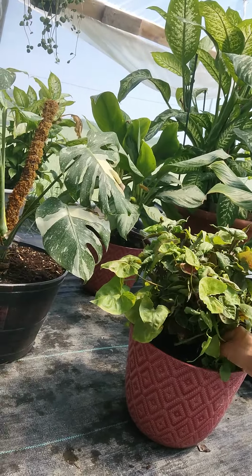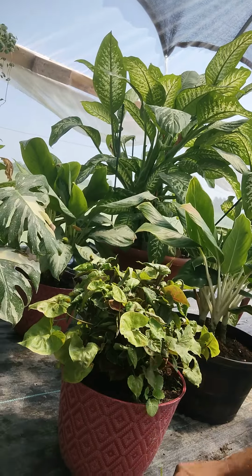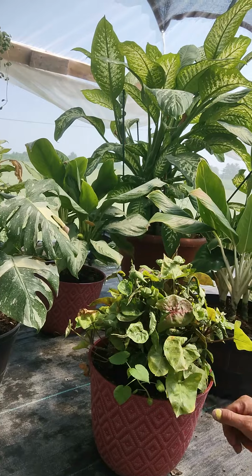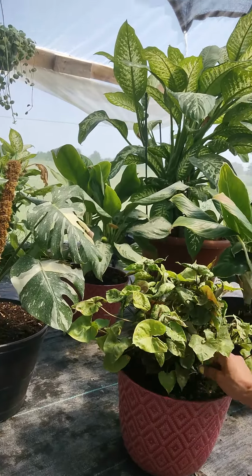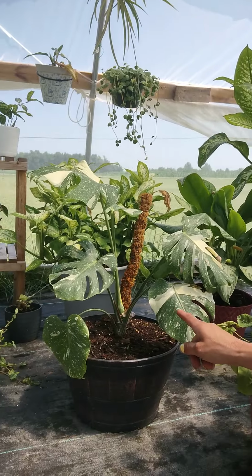Nothing major, but that's it. But he looks amazing. Like, still a little bad leaf on there, but he is coming in really, really well. Oh, there's two weeds in here. Okay. The Thai constellation is